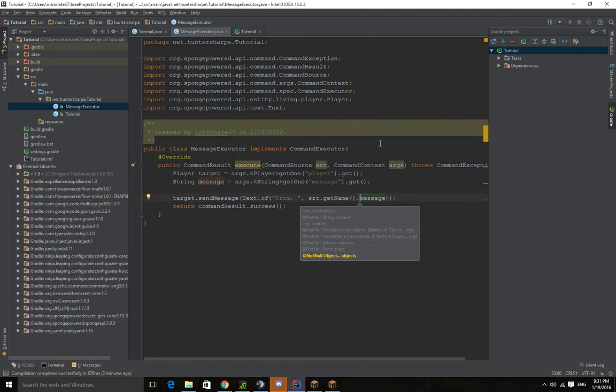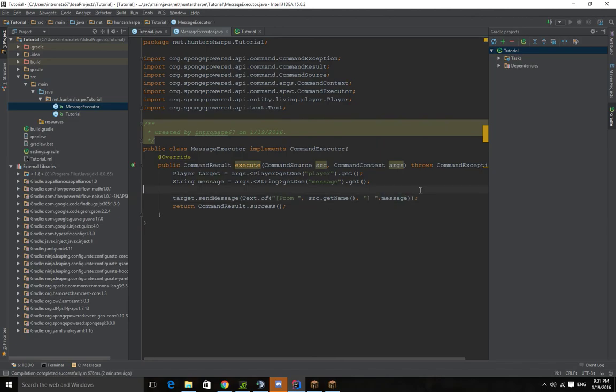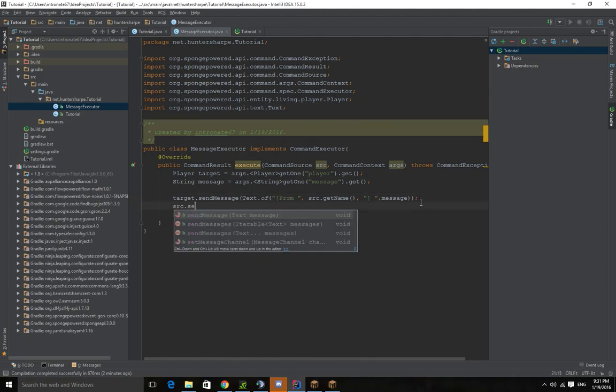And do I want to make this 2 lines, or how do I want to make this? Actually, we can just do this. And then from, space after that, and then we know it's from that, but then from the source that sends the message,